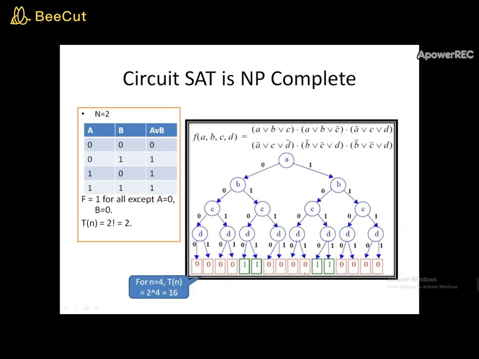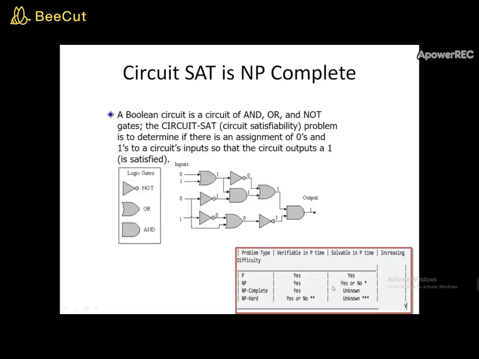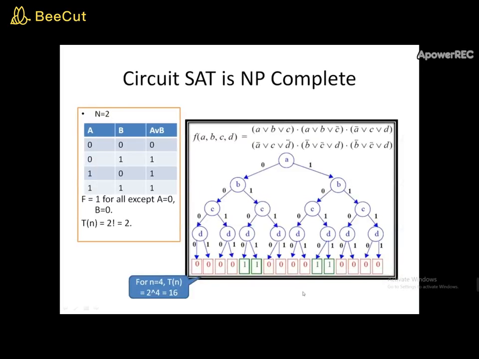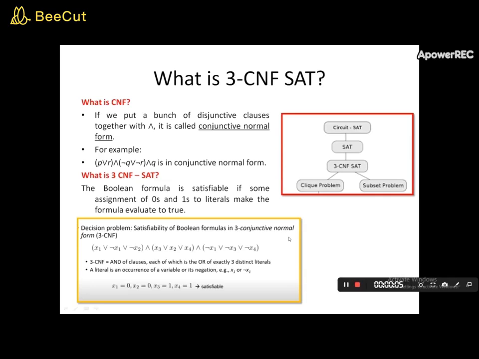Now, knowing that this is an NP complete problem, we have to find a way to prove that this is NP complete, which means what? It has to be verified in polynomial time complexity. So that is what NP complete is. Here you can check, NP complete means you have to verify it in polynomial time complexity. That is the requirement. Now we'll move on to prove that this can be verified in polynomial time complexity.